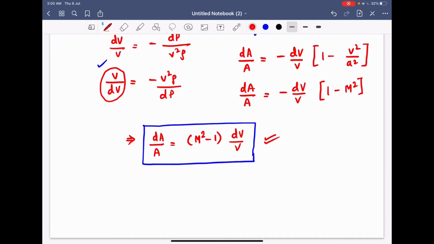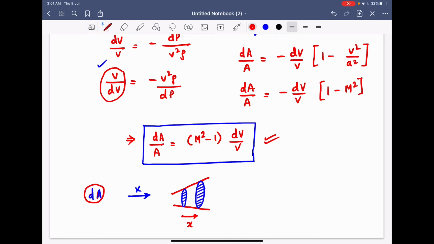Now a few things you need to remember. What is dA? Change in area as we progress in x. Remember the variable we told, x. As you progress in x, what is the change in area? This is the dA. So these are the 101 things that you need to know first. I'm just clearing this out. Suppose this was your original area. As you're progressing x forwards, this is your original area, right? So what is dA?